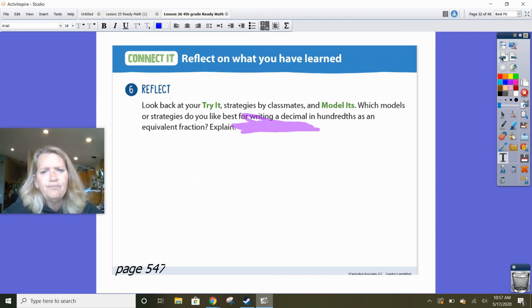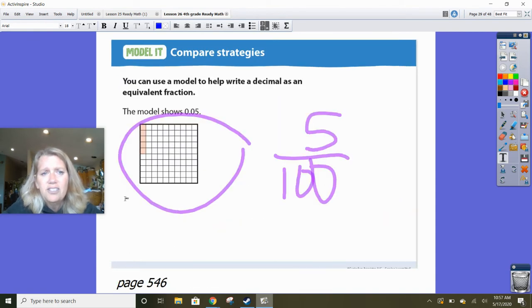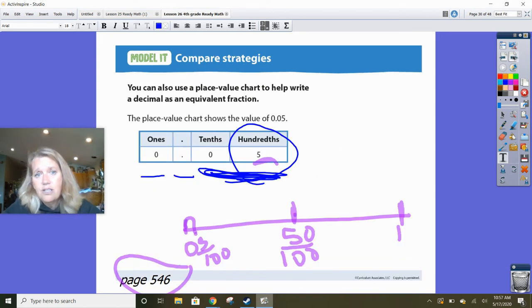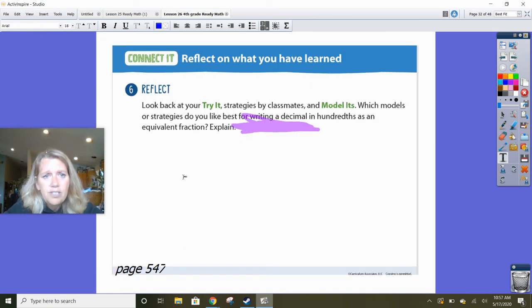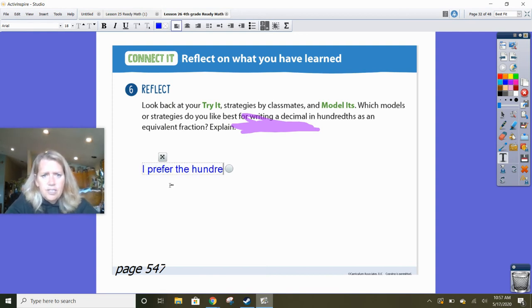Well, for this one, I really like the hundreds chart. To me, that visually shows 5 out of 100. It's just right there. So for me, I prefer the hundredths chart